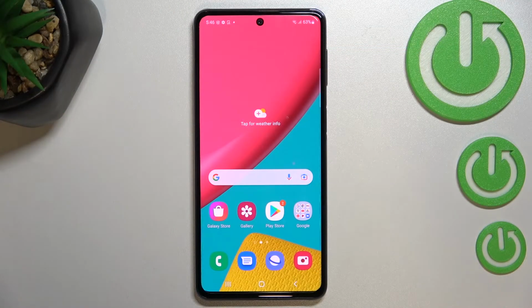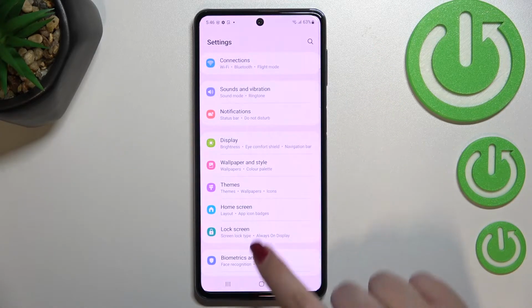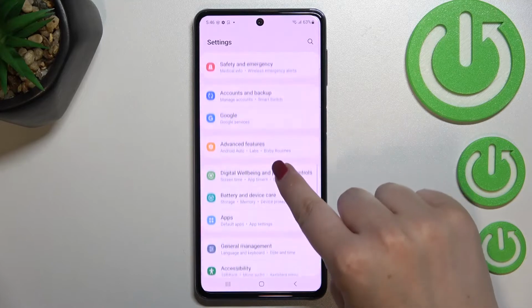Hi everyone, in front of me I've got Samsung Galaxy M53 and let me share with you how to add or remove a Google account in this device, so basically how to manage it. So first of all we have to enter the settings, and now let's scroll down to find the accounts and